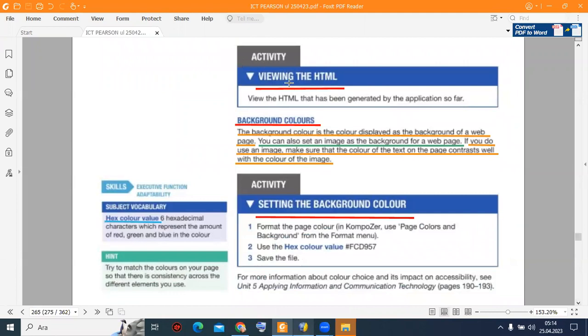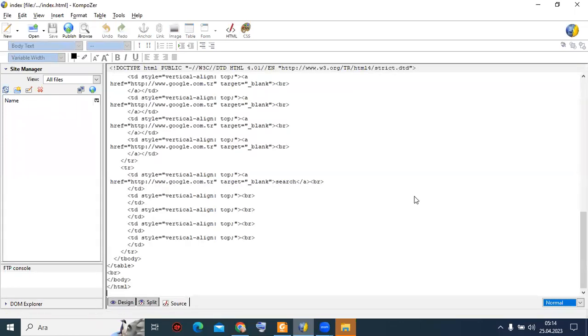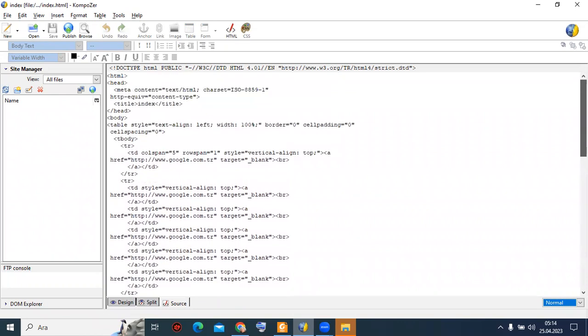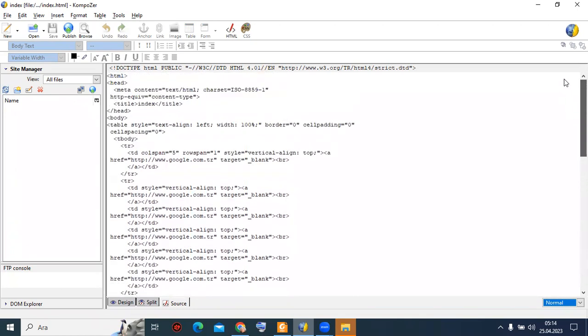The next activity is viewing the HTML. View the HTML that has been generated by the application so far. Let's check it. To view the HTML, we have to go to source. And as you see, it adds several HTML codes. By the way, I'm not going to explain them here, but